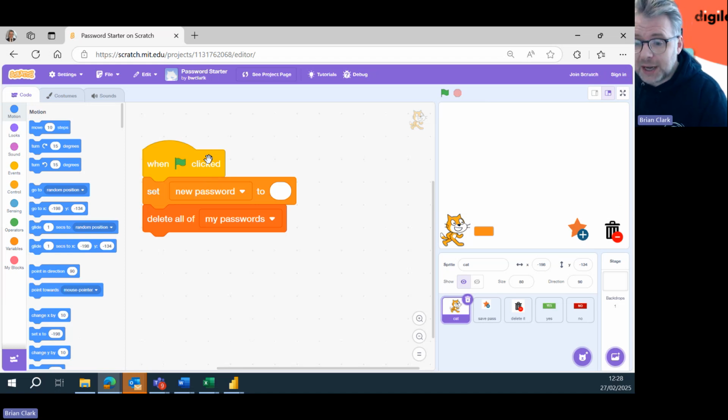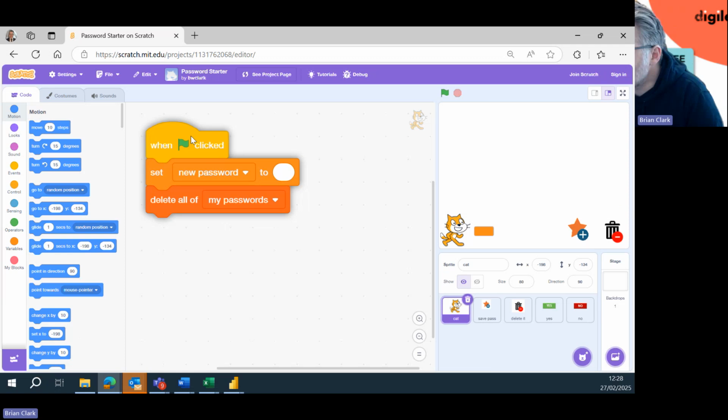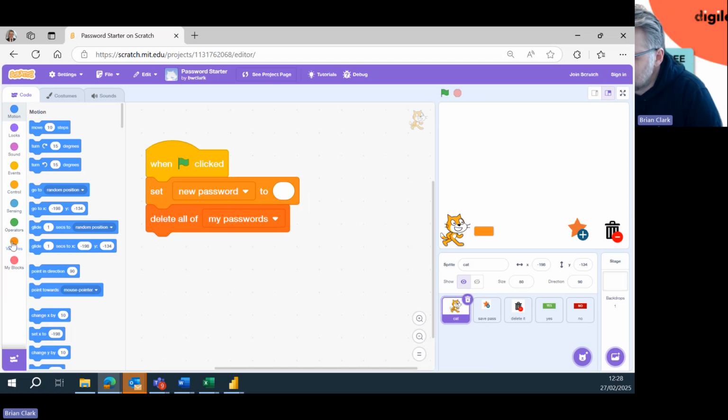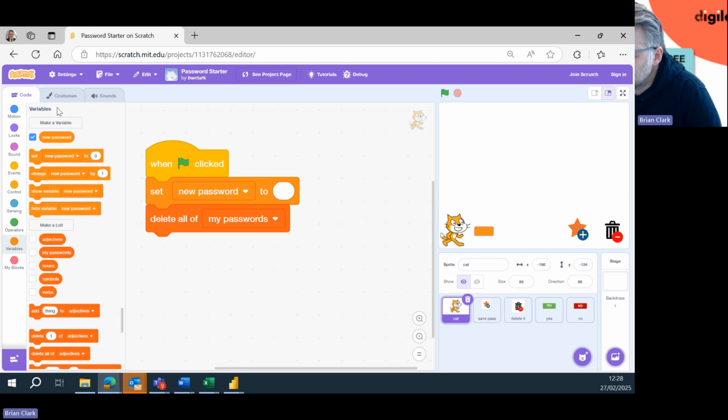Just leave it alone. Pretend it's not there. It's just setting the program to be empty at the start. What I do want to have a look at though, is when you click on the variables section, which is the orange dot, you will see there's a number of variables. There's one called new password, then there's a number of lists. So I've got a list called adjectives, my passwords,